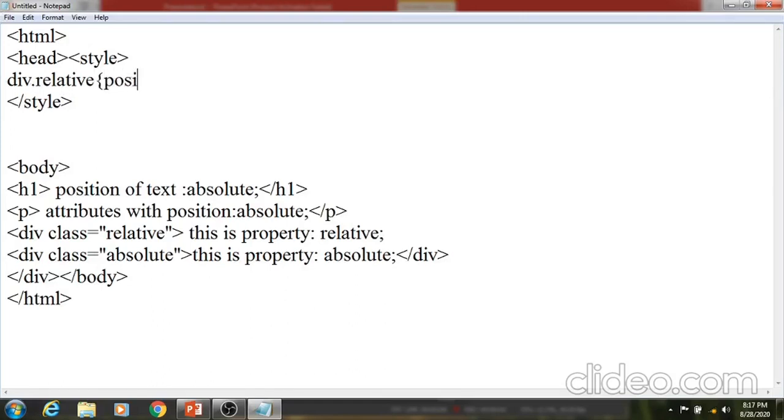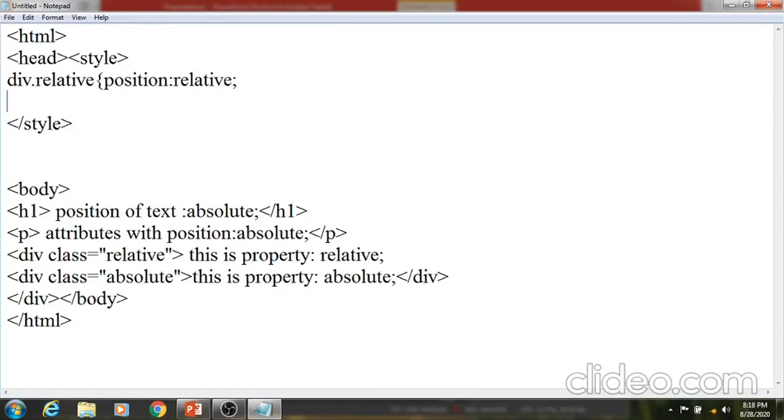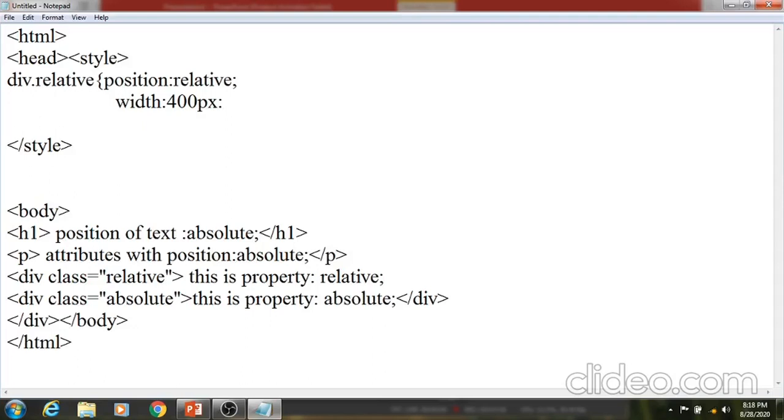For example, position with the value relative, and one more property, width, in pixel form, px. Then we may have the height for this.